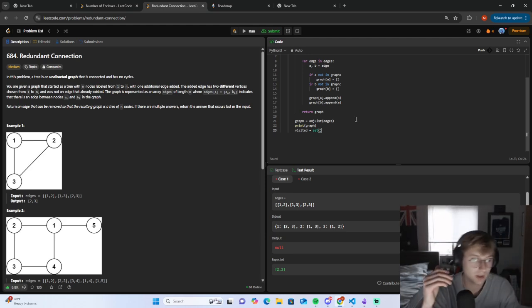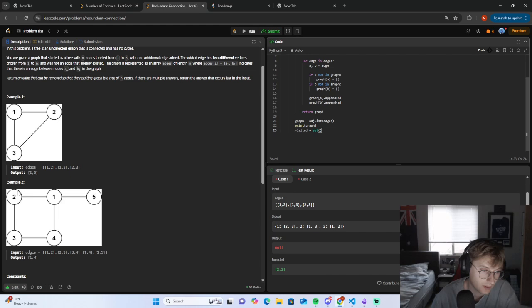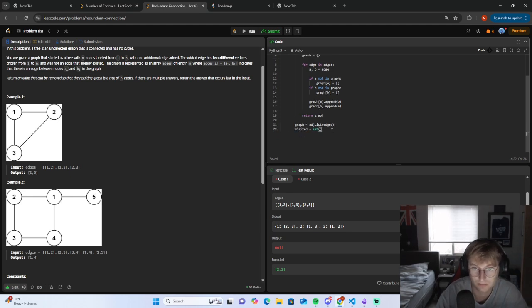So I believe the approach here that we want to do is a DFS approach, right? And the reason why we want to do a DFS approach is, well, if we're exploring using BFS, we're not going to find a cycle, right? We need to explore one way like this, right? Instead of, you know, breadth first, right? So that's why I think we should use a DFS here. Okay. So we have our set, right? We have our graph now. Now we want to check, well,